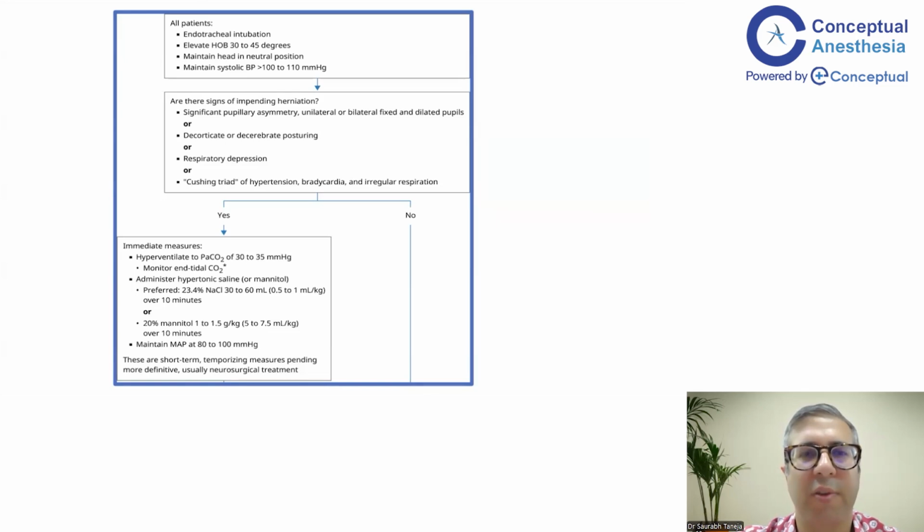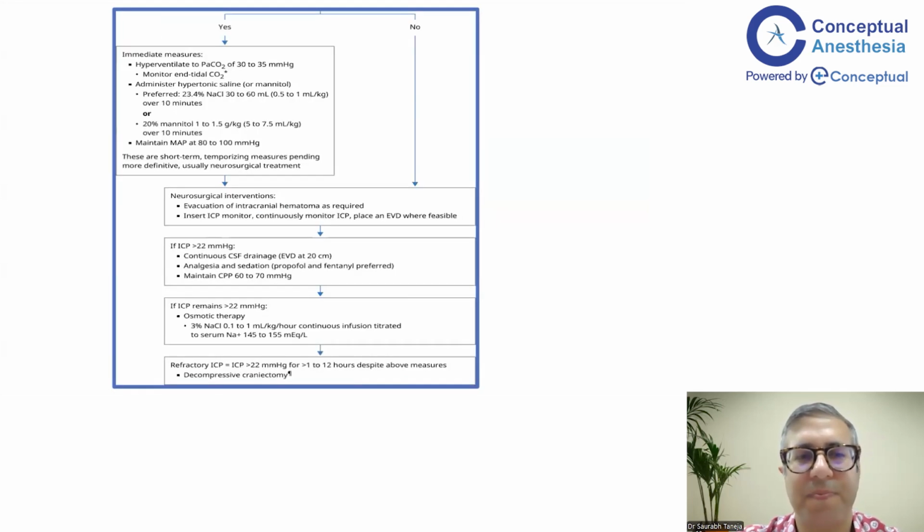So you should involve the neurosurgery team as soon as you see a patient with traumatic brain injury having any signs of herniation or findings on the CT scan or the GCS is low. If there are no signs of herniation, or after you've done the immediate measures for signs of herniation, you do a neurosurgical intervention. So they may proceed with evacuation of intracranial hematomas, or they may insert an ICP monitor